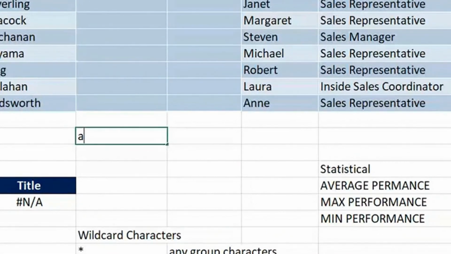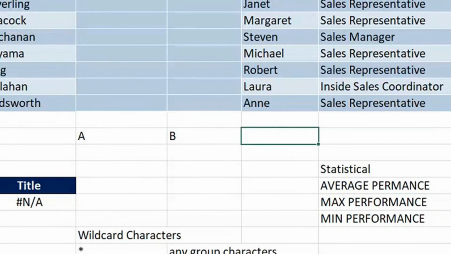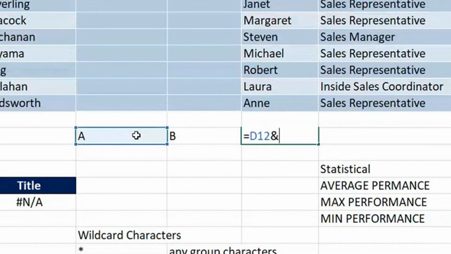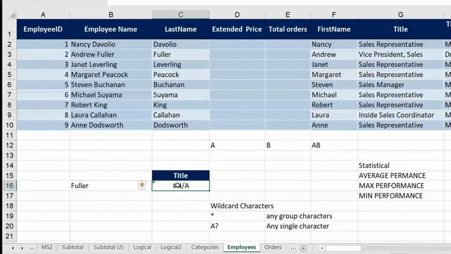Imagine you had A and you had B and you want to make it AB. You do concatenation. Some of you might know this concatenation or joining, or like say you had last name and first name, you want to make it full name. So we write equals to this and this. What is the result of this? See, this is not a number, right? We can't just write this plus this. Plus is used for arithmetical operators, right? And is used to join 2 text strings. So A and B becomes AB here, as simple as that.